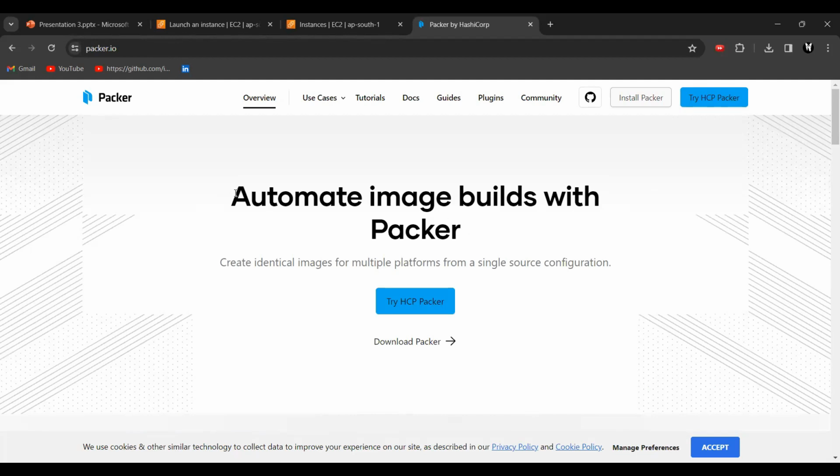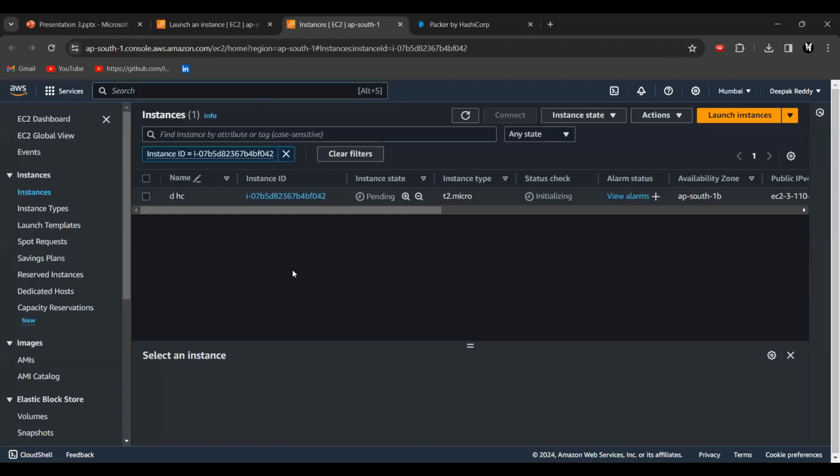Packer will create our custom AMIs so that our software can be installed on top of the AMIs given by AWS, with lots of flavors like Ubuntu, Linux, Debian, Mac OS. On top of these flavors, you can see that this instance is launched.